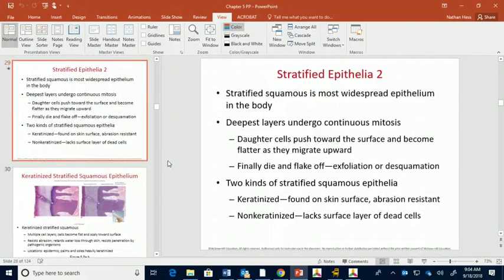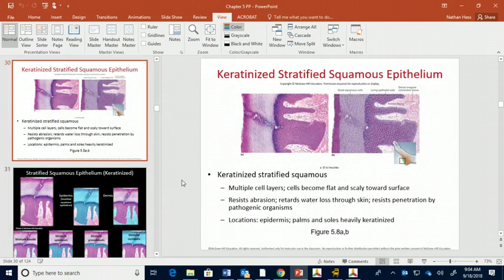We keep moving to the stratified epithelial. We begin with keratinized stratified squamous epithelial and non-keratinized. There's two different versions, right? The keratinized has the protein keratin. Keratin makes it stronger, makes it waterproof, really. And again, I think it's a very good thing to think about that tissue on your heel. That's the tissue that we deal with when we deal with